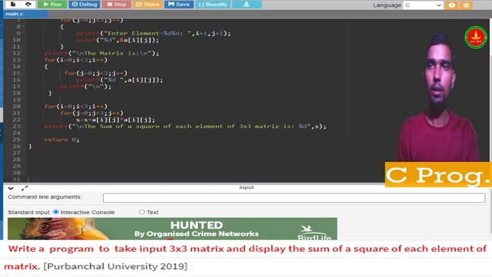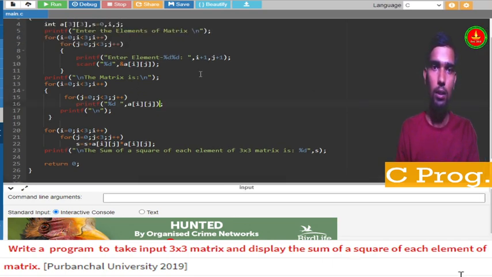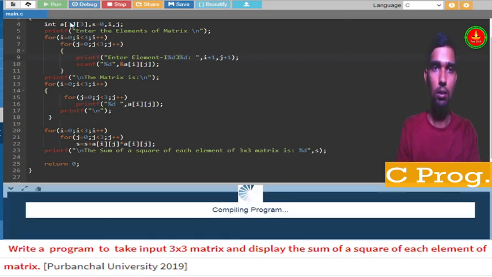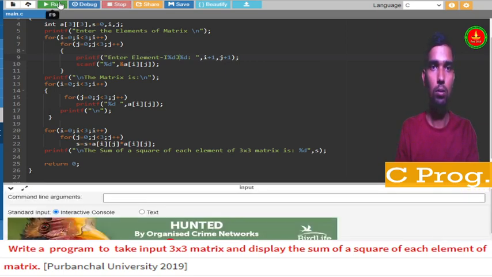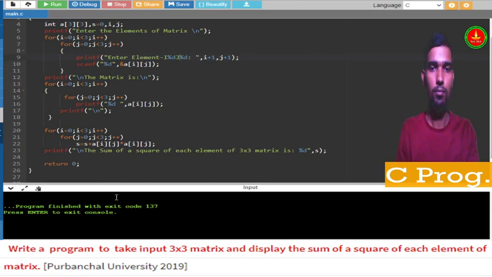So sum of element of, okay. Enter element of i of and j of. So now see, why is it showing like that? It should not show like that.